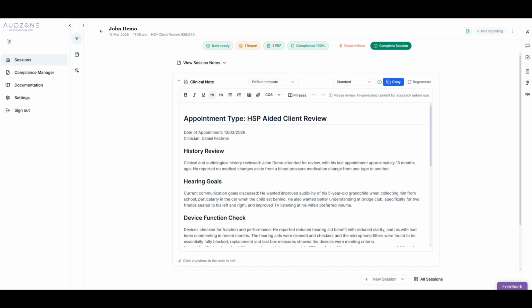today I want to show you how to edit templates for reports and for notes. Now, templates are basically the things that use the transcript, so every single word that was recorded in the appointment, the template determines what out of that transcript is going to be used in the note and how it is displayed. So here you see an HSP aided client review template, for example, with very basic formatting,